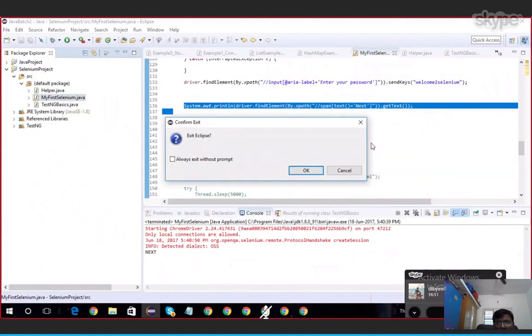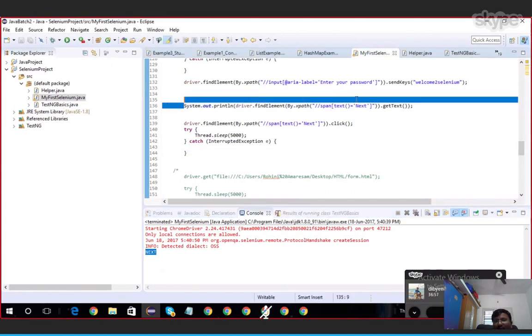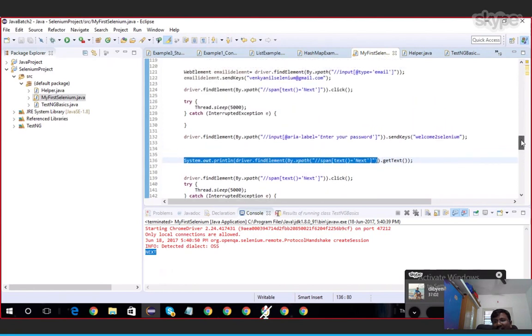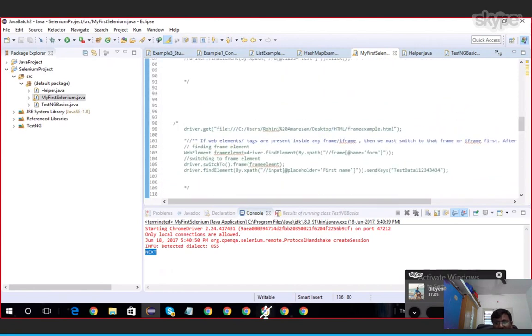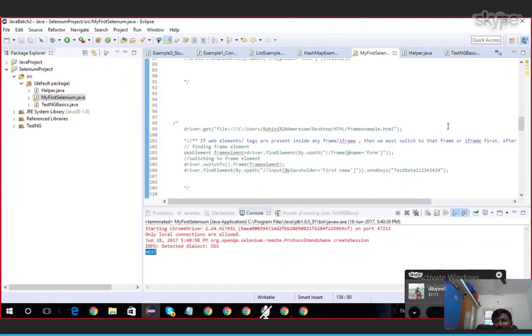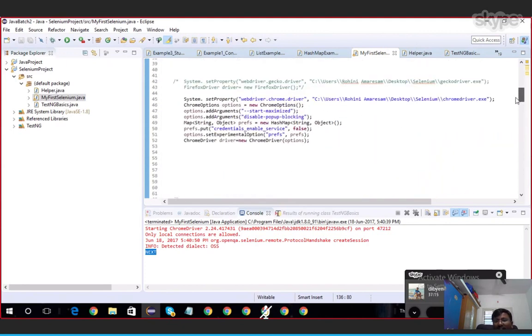See here, it is showing the text between the tags of that web element. See, Gmail also is like a tag having start and end and having something in between, right? So it should also show that one. Let me try it once. For input, it won't work. Got it?